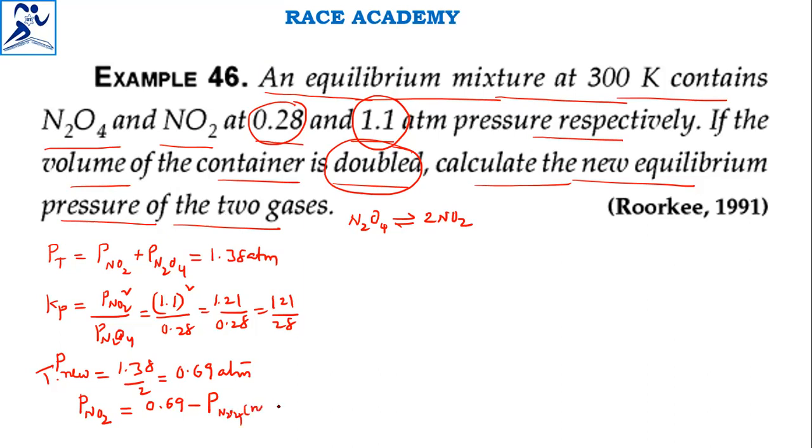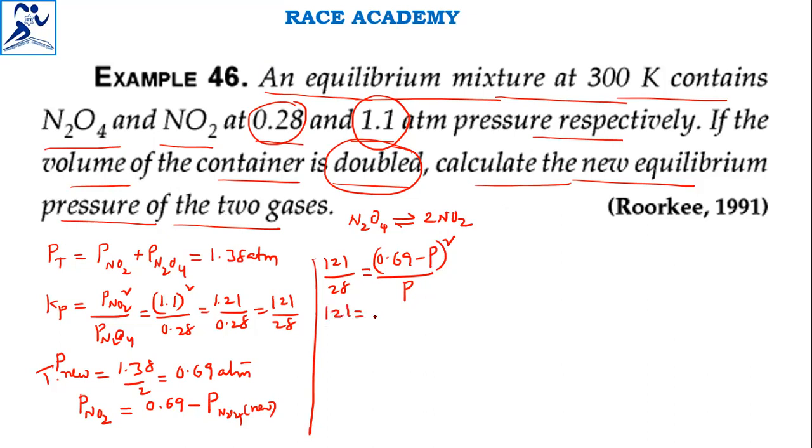In such a case, these values can be substituted in the Kp expression. The Kp value we have is 121 by 28, which equals 0.69 minus P whole square by P. If you expand 0.69 minus P whole square and cross multiply, we will get 121 is equal to